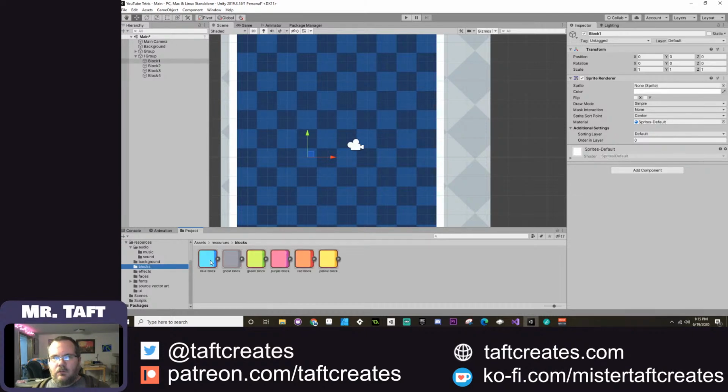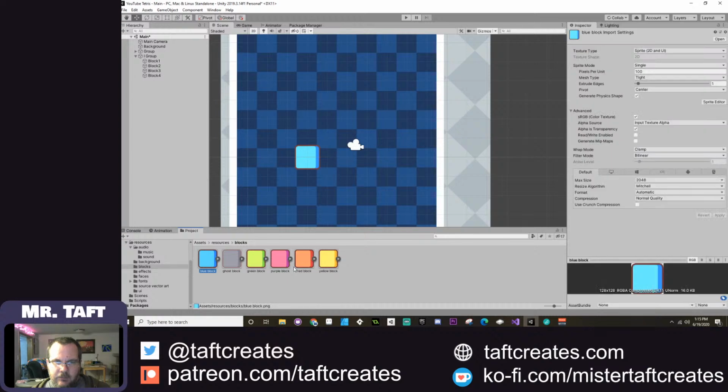Blocks and make all of these blue. Now, as far as the block itself goes, I also need to import these correctly. They should all be 80 pixels by 80 pixels. They're 128 by 128, but I'm going to import them so that they're 1 unit, which is the same as 80 pixels on the grid. It makes it weird, but